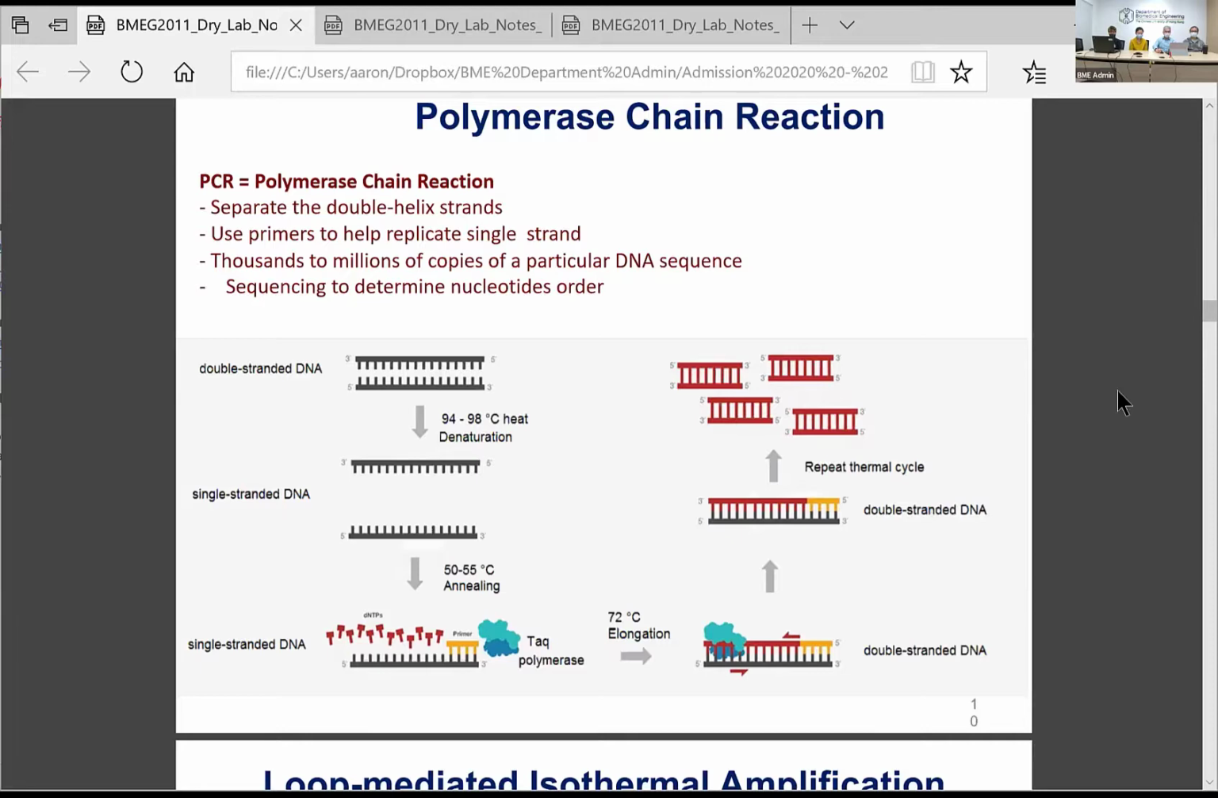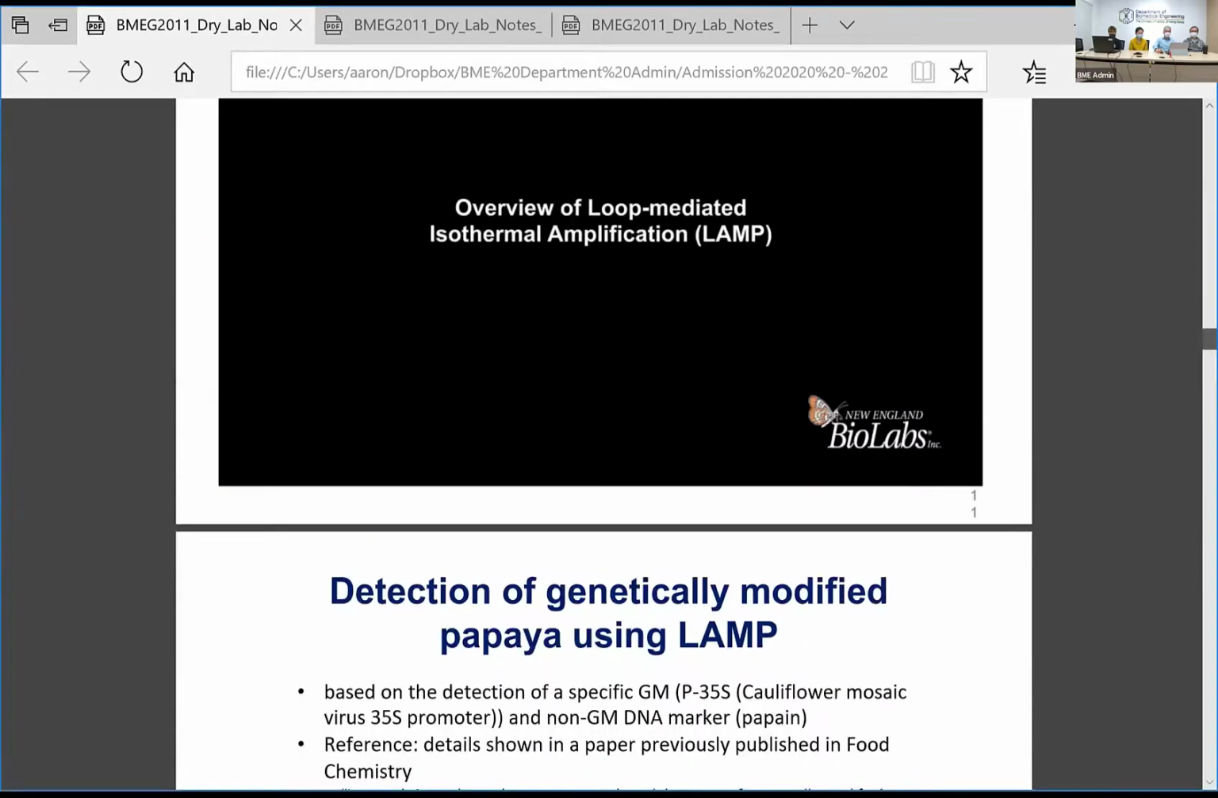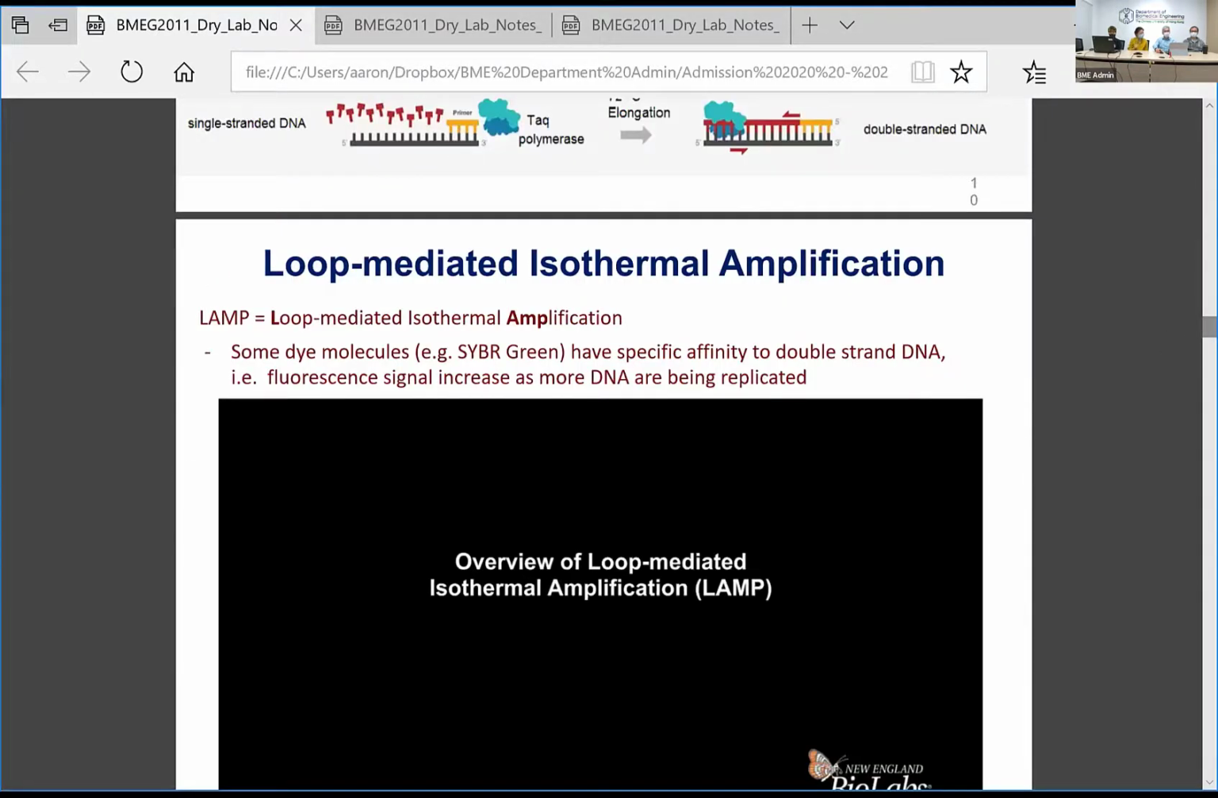Now, an alternative way of doing it is called loop-mediated isothermal amplification. It can do the same job, but the temperature required is constant. You don't need to change the temperature, and in our case, it's 67 degrees C. So the next question is, how can we do that? So then, in our laboratory, we can actually